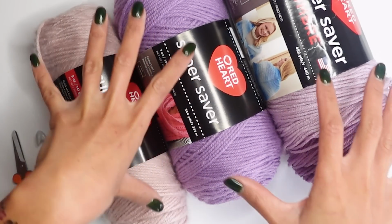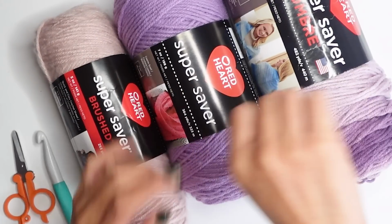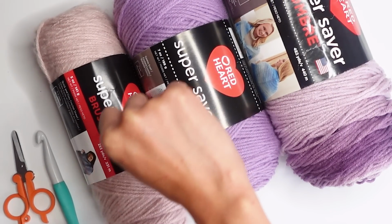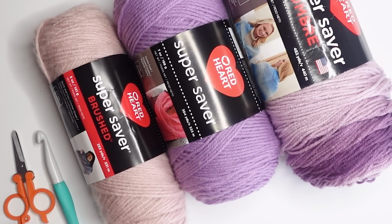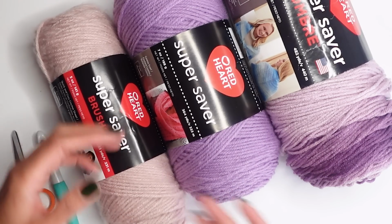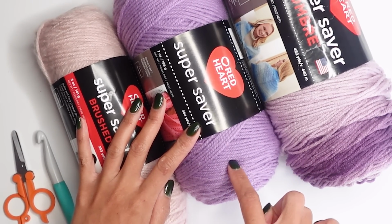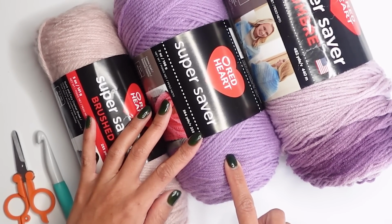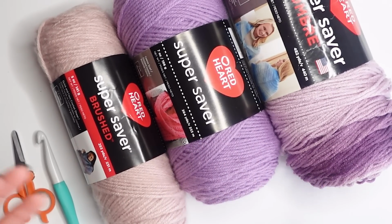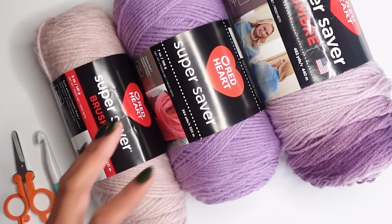Okay, today is the first installment of quick Christmas gifts, especially because we are, check some imaginary watch, coming down to the final line of making Christmas gifts. I wanted to give you some ideas to make some quick Christmas gifts, or you know what, even if it's not, I'm making this in the year of 2023. Maybe you're watching this in the year 2024, 2025, 2026, and you're starting early. Well, it's still not a bad idea to make quick Christmas gifts for your family, your loved ones, your friends,